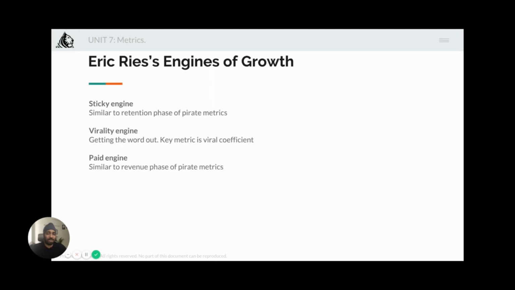The key metric for this engine is the viral coefficient, the number of new users that each user brings on. Because this is compounding, the users they bring in turn bring their own users. The metric measures how many users are brought in with each viral cycle. Growth comes from a viral coefficient of greater than 1. But you also have to factor in churn and loss. The bigger the coefficient, the faster you grow.